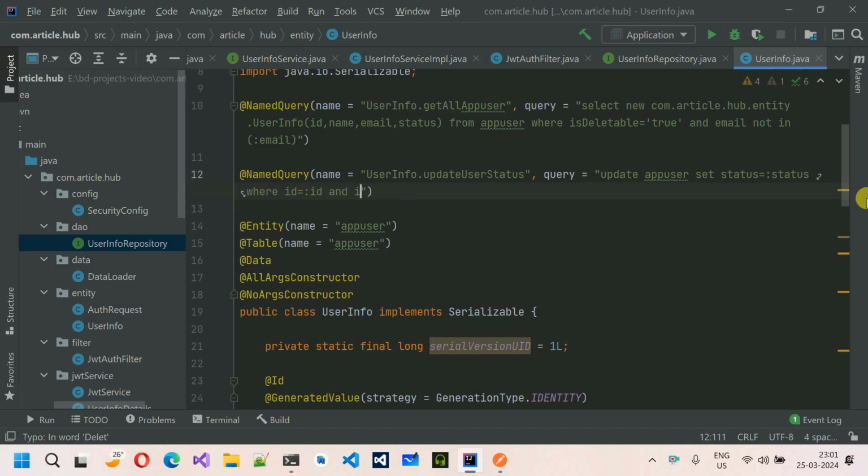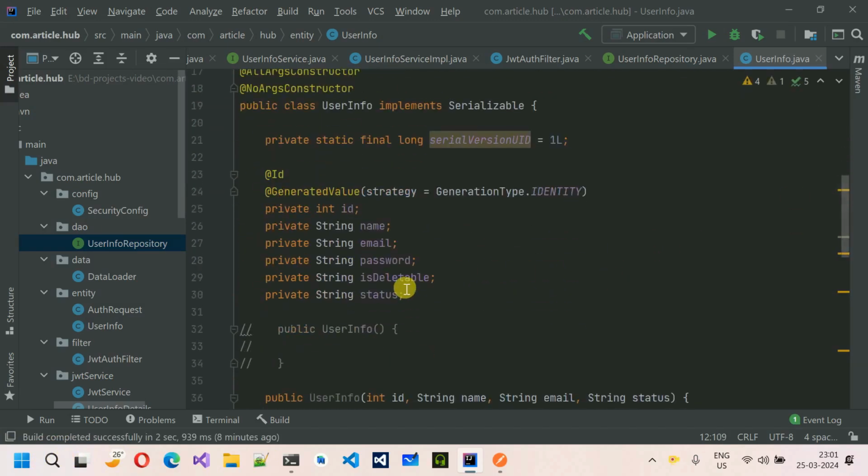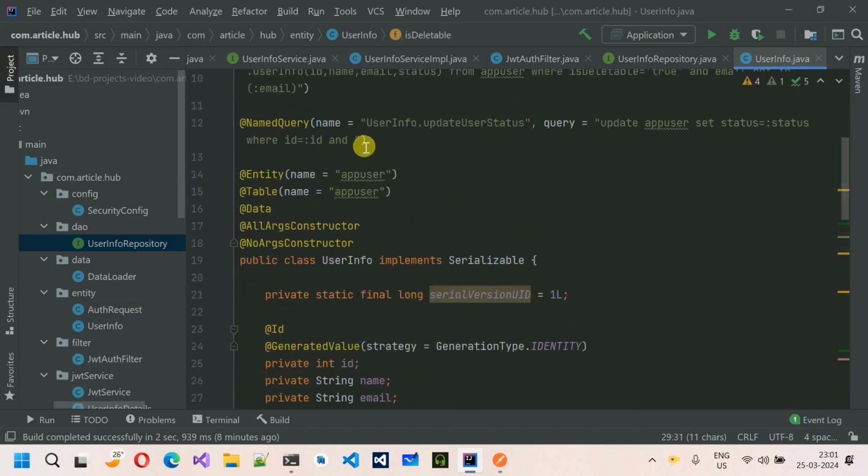Let me just copy this name so that we don't make any mistake. Is deletable. Paste it over here. Is equal to true. So whenever this is deletable is true, for that particular user you can change the status. So now the task for this one is done. Now let's move back